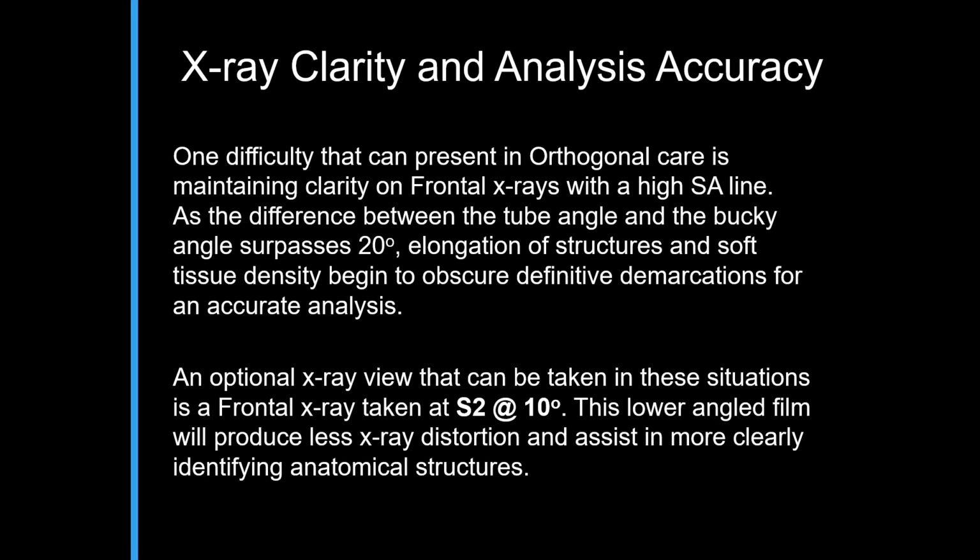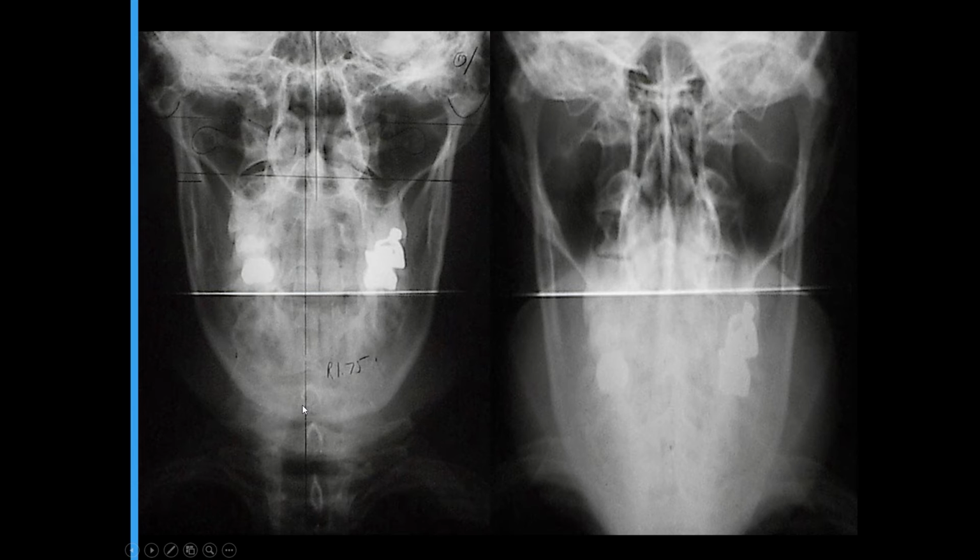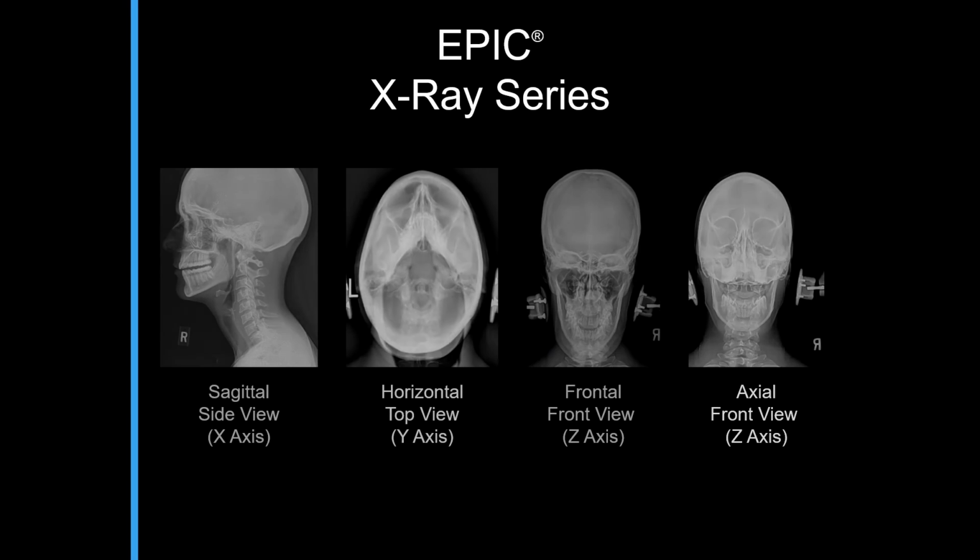This one is just talking about using an S2 at 10 rule. Let me show you this one. Essentially, with the SA, if it's too high, then you start getting a lot of distortion going on down here versus over here. So we would take an S2 at 10 instead of the actual one it was done at. That's okay, we don't have to go into that. As far as the horizontal is concerned,